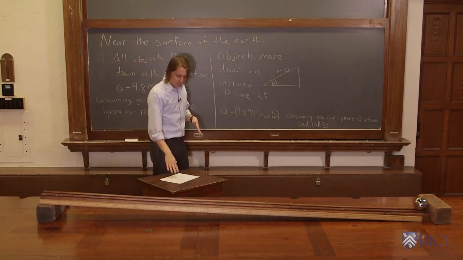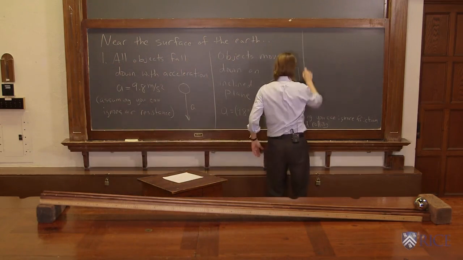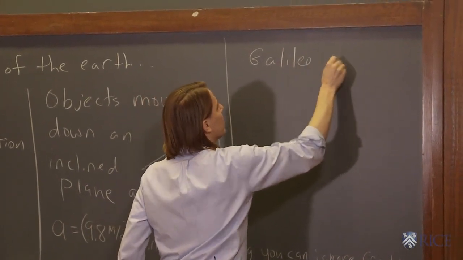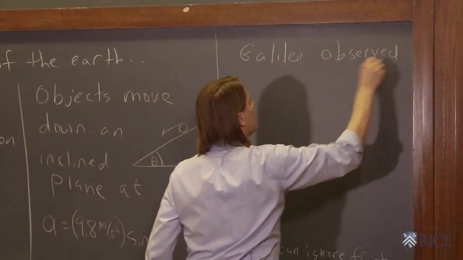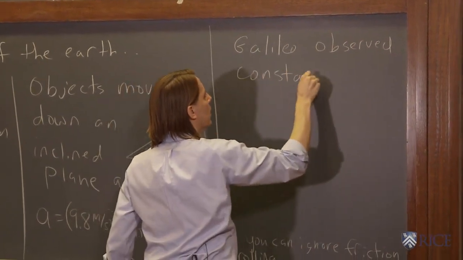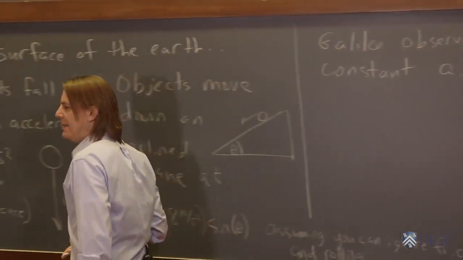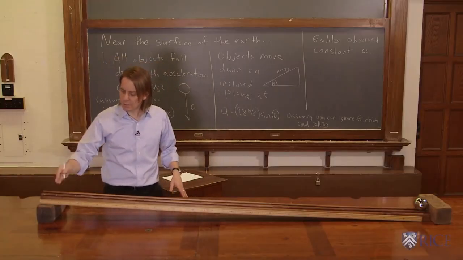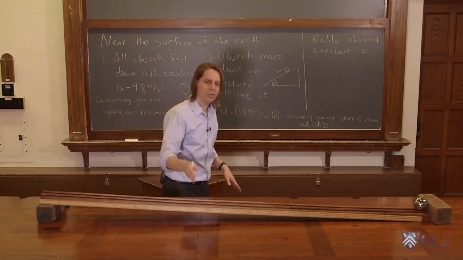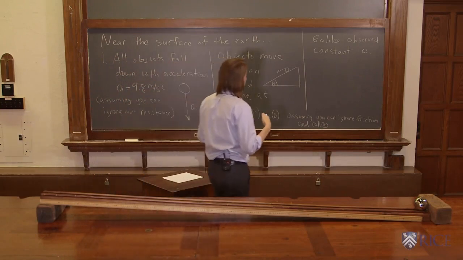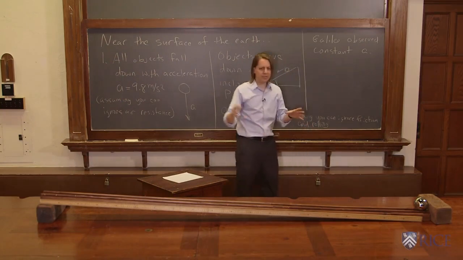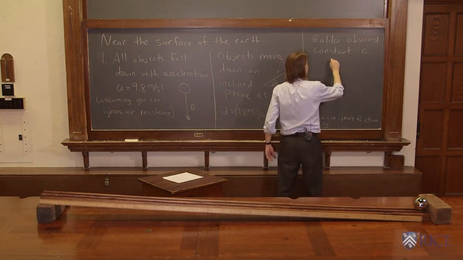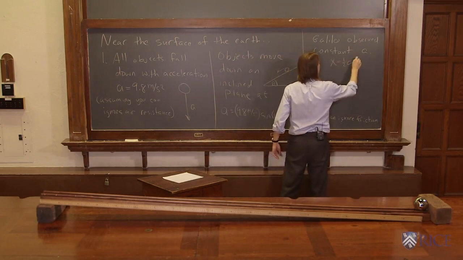And an experiment like this really is how Galileo first observed the constant accelerations that you find near the surface of the Earth. Galileo observed constant a, and he did it with something like this. We've propped it up and we've put these little clips on the track at a certain spacing. And the way you can confirm that you have a constant acceleration without accelerometers and position sensors and all this modern equipment is you can think about the equation that the position is 1/2 acceleration